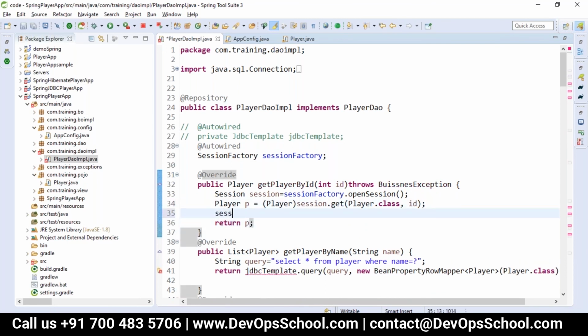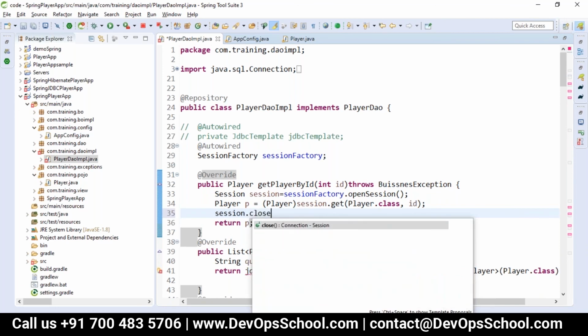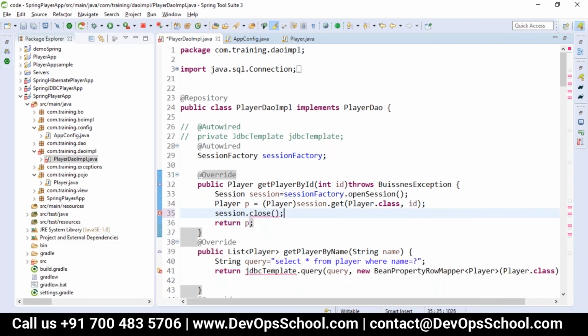And if you're opening a session, you can just close the session. Like this, you will write your Hibernate code. You have no need of any SQL statements to be written.